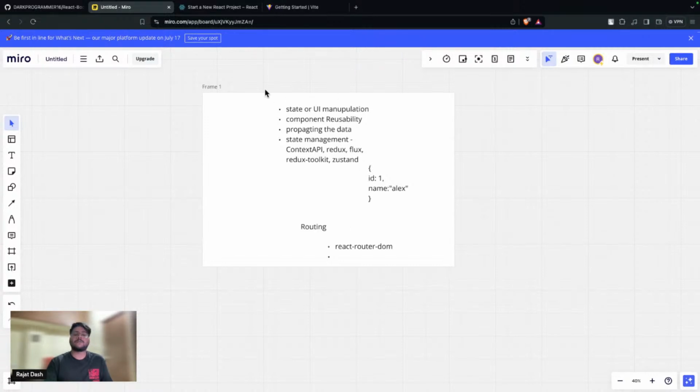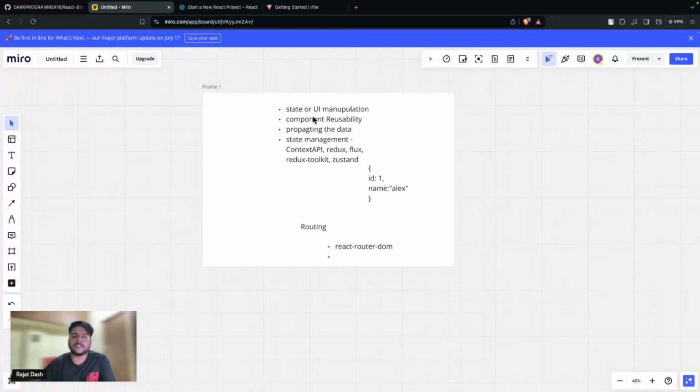For the time being, I hope you guys have understood what React is, how to set up React in your system, and how to run your first React application. Okay, under React, what are the skills required and languages to learn? For React, the major prerequisite is JavaScript. You have to know JavaScript, at least at a basic level. JavaScript concepts should be clear to you.